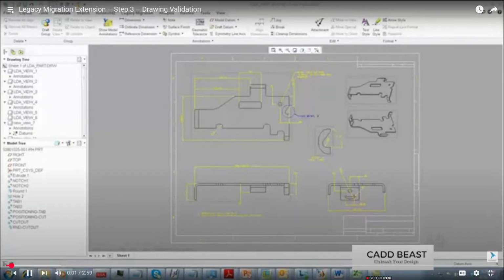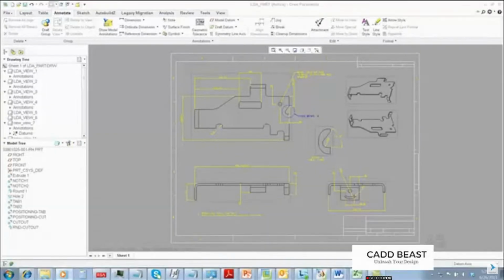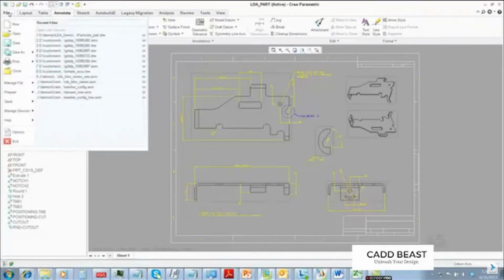Legacy Migration Extension. Step 3. Drawing value. That we have a drawing with solid views, associative dimensions, and attached notes on top of the original CGM or plot file coming from the originating CAD system. We first create a plot file using a